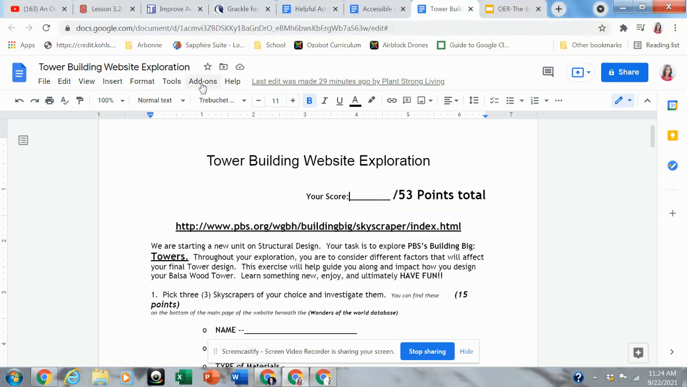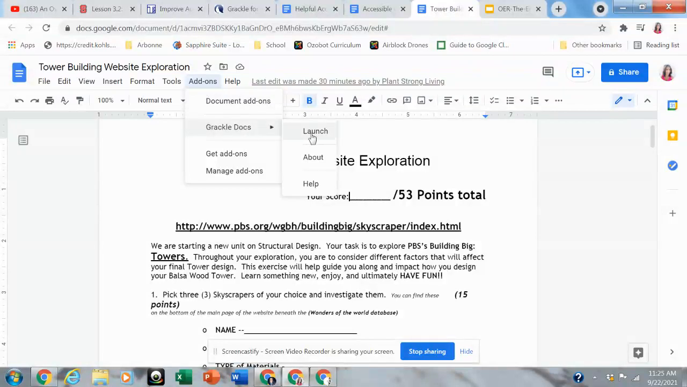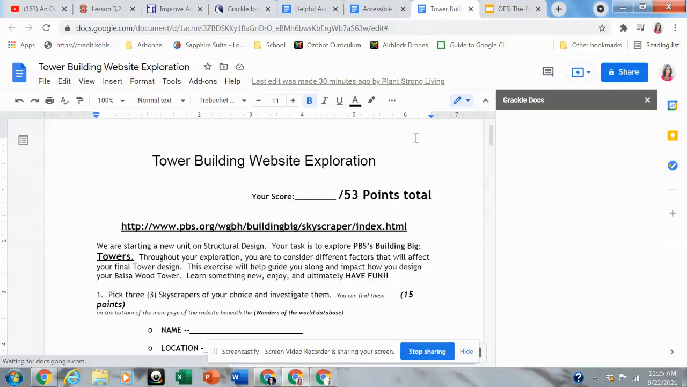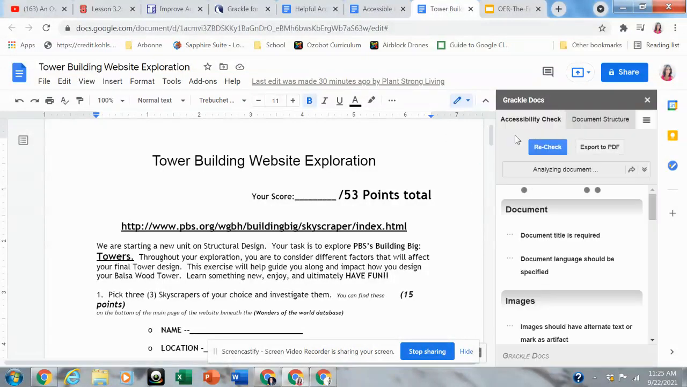I want to show you the add-on. The add-on that I used was called Grackle. It is a third-party add-on, and it's very similar to some of the things you have been using with your Microsoft accessibility checkers. This is how it works: you go to Add-ons, you go to Grackle Docs, and you go to Launch. I already downloaded this in an earlier step, before I came on today to give you this presentation. So you hit launch, and then over here,